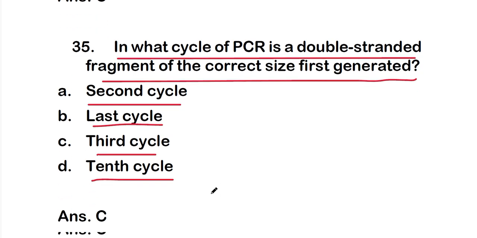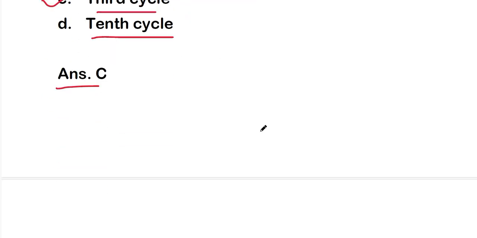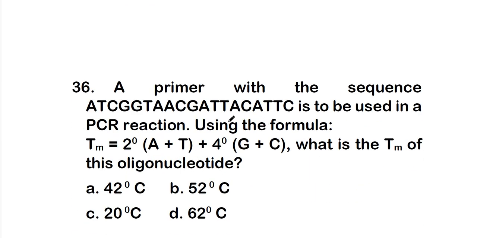So the right answer is option C, that is in third cycle we will get the exact particular size amplified DNA fragment. Okay, so next question we will see. Next is question number 36. So a primer with the sequence, this is the sequence of primer, is to be used in